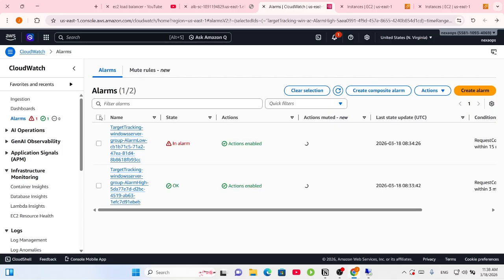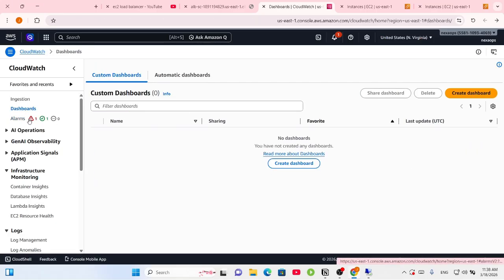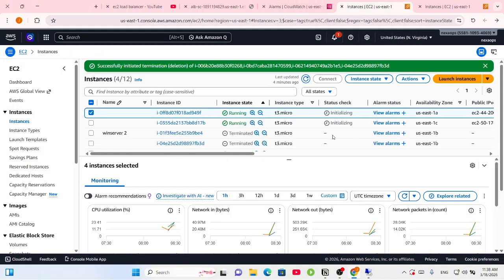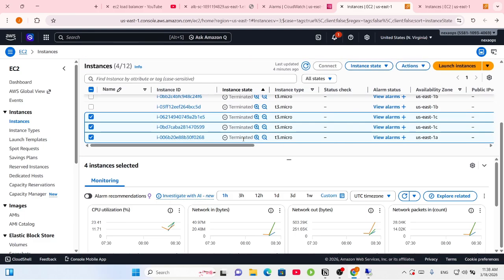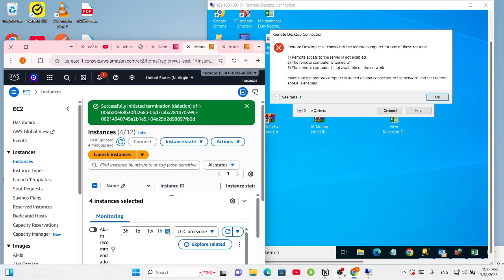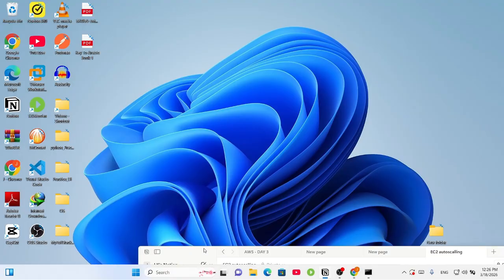No, because we only set actually the... So basically, this is the benefit. This is one thing. Okay, so right now we need to go ahead and